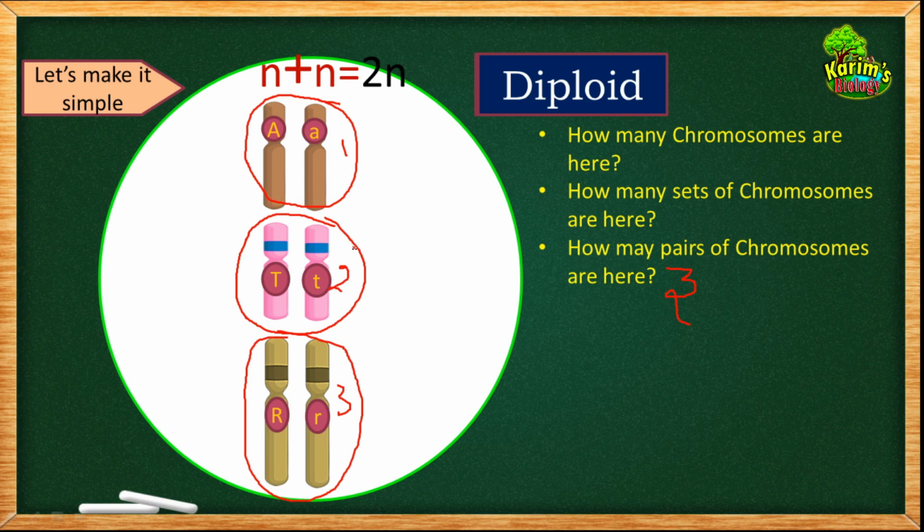So this condition is called the diploid condition, and don't think that all cells contain only 3 pairs of chromosomes. This is only one example that I have taken. Different species have different sets of chromosomes and different numbers of chromosomes. For example, in human beings there are 46 chromosomes in 23 pairs. In 23 pairs. So this you have to remember about the condition of chromosomes in human beings.